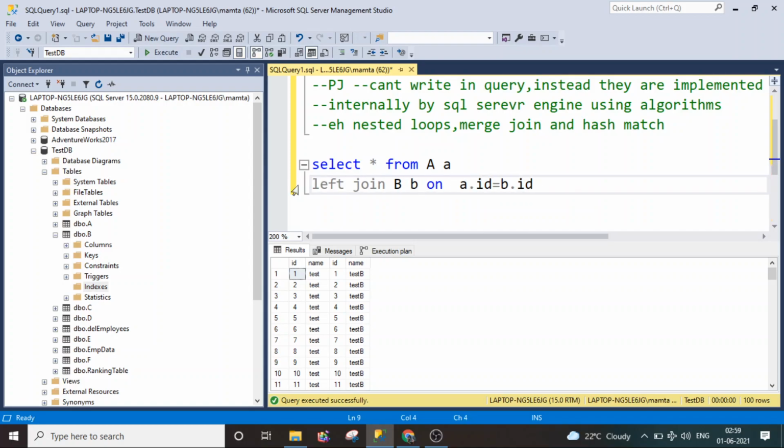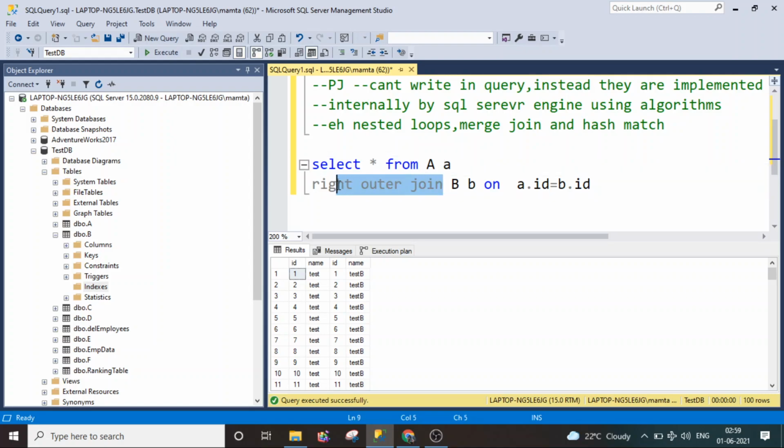Now I am going to use the left outer join. What left outer join will do is treat the first table as the left table and the second table as the right table. So left outer join will extract all the records from the left table irrespective of whether the condition is matched or not. So we are expecting 200 records to be fetched, and see, 200 records are fetched here. If I use the right outer join, it will extract all the records from the right table irrespective of whether the condition is matched or not. So it will give me 100 rows here because the B table has 100 rows.